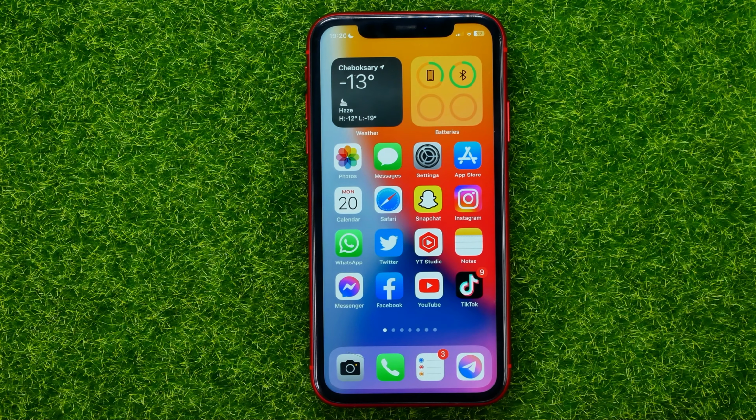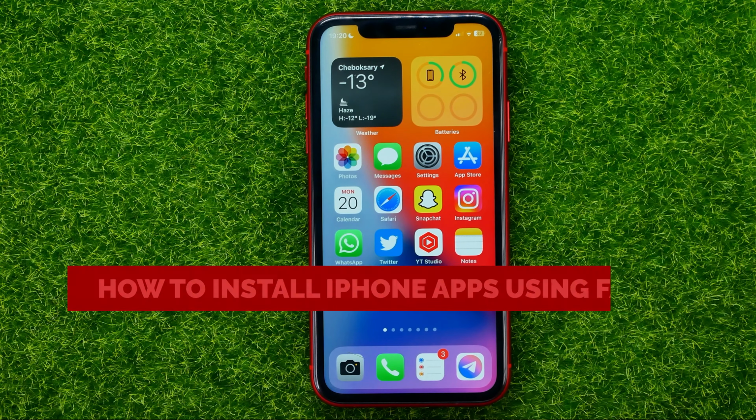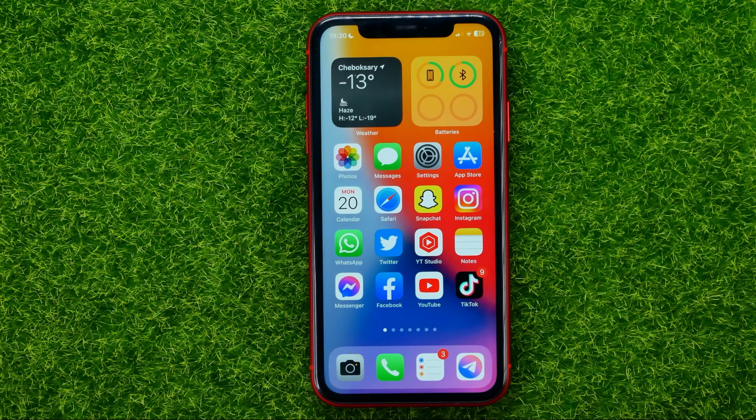Hello guys, welcome back. In this video I'm going to show you how you can easily install apps on your iPhone using Face ID. Be sure to watch the video to the very end so you don't make any mistakes,